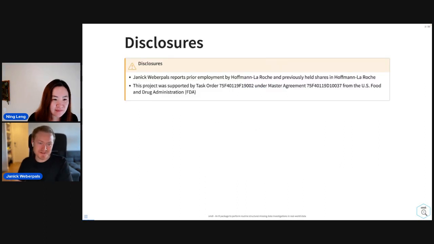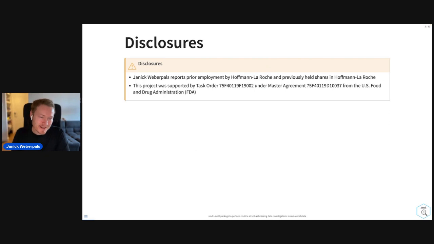So these are my disclosures. I report prior employment by Roche. And this project, as part of my new role at Harvard Medical School, was supported by a contract with the